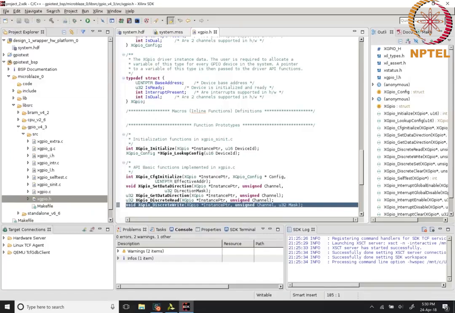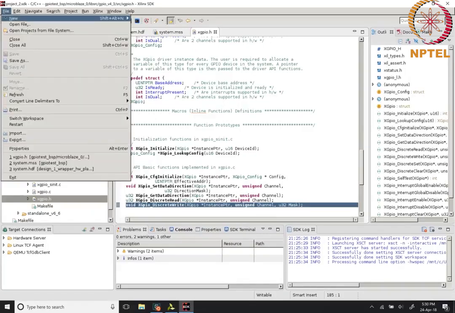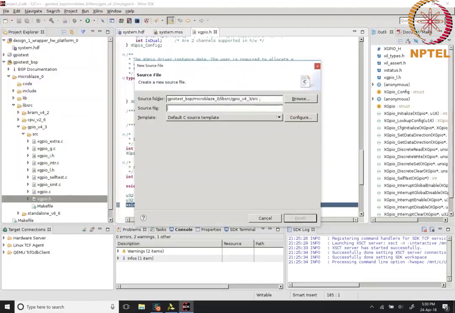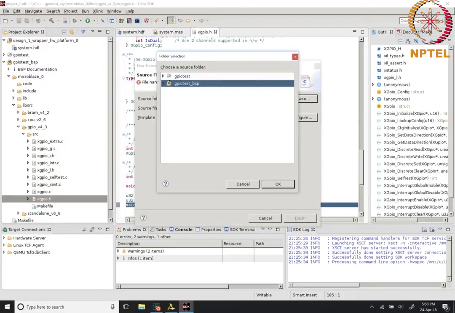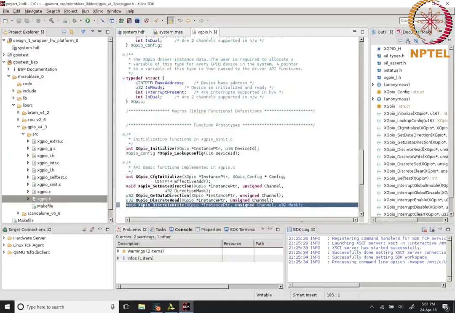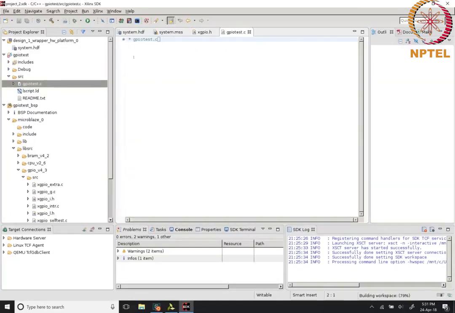I'm just going to write the fresh program from scratch. You can go to File, New, Source File. For source folder, browse to GPIO test and SRC. Do not put it under other folders such as the BSP and so on. That will totally clutter up your workspace and make it difficult for you to keep track of what's happening later. Put it under SRC and OK. You can call the file anything you want. GPIO test.c is probably a good name. And that basically opens up